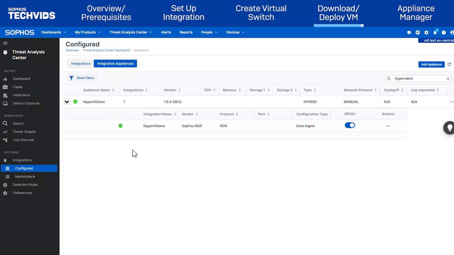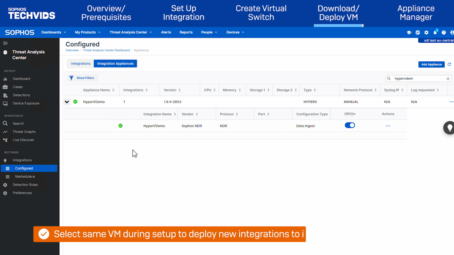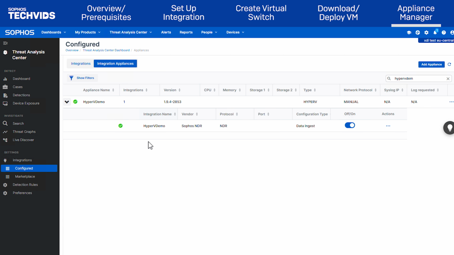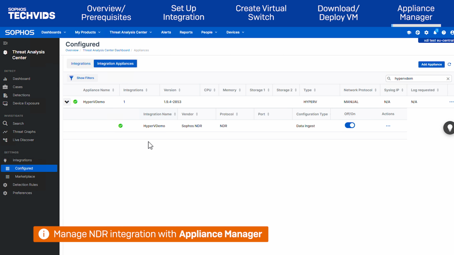Future integrations that you wish to set up in Hyper-V can also be deployed onto this VM. When adding the new integration, you'll select the same VM name during the setup process, and the integration will be deployed to that VM. Lastly, I'll show you how to access the Sophos Appliance Manager, which lets you access and